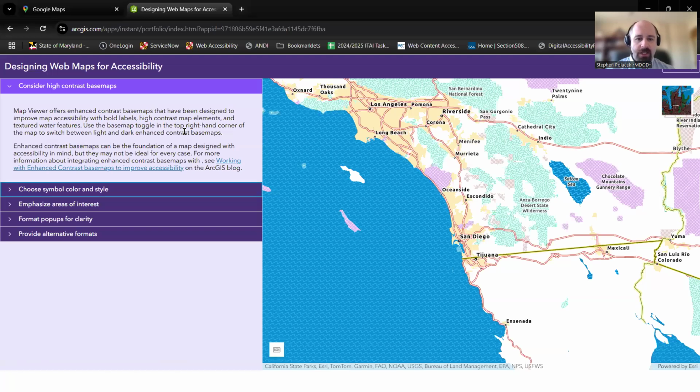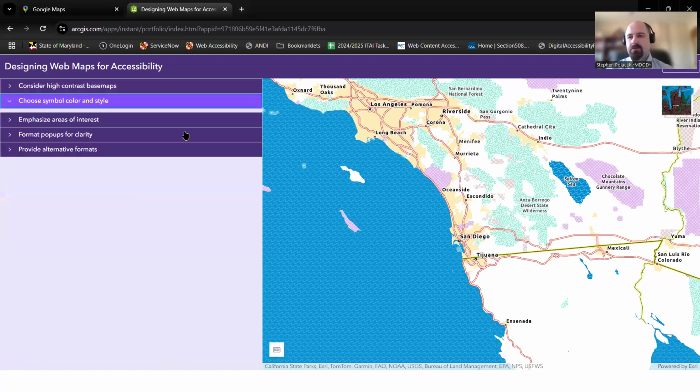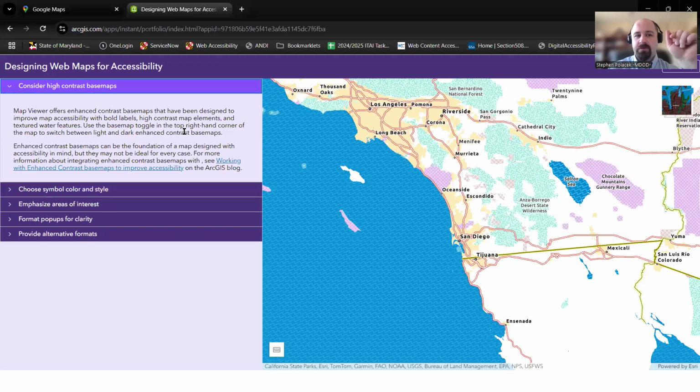If I press tab again, you kind of see this light blue outline around choose symbol, color, and style. That means I'm there now. If I press enter, it'll open that. So I can do that and it opens. Didn't quite work because they separated out into slides instead. But that blue outline is much harder to see. So really what we should have done is had that black outline. But if I move back to the buttons here,